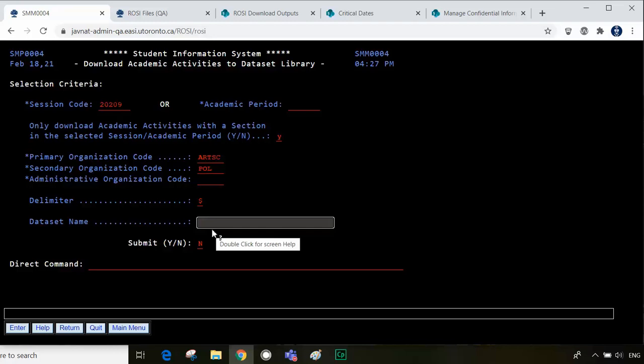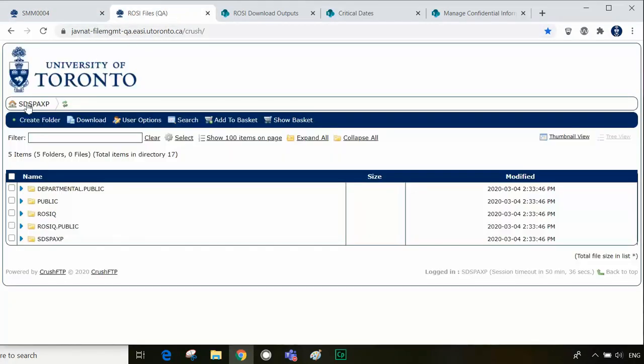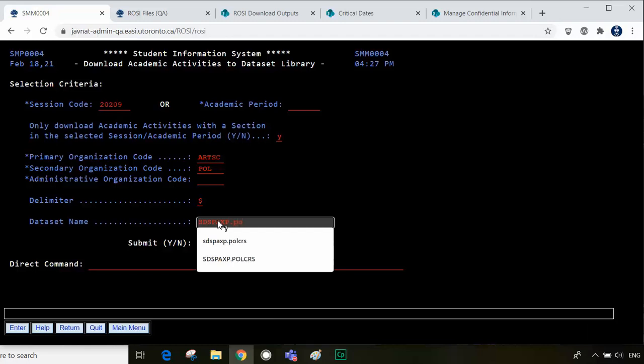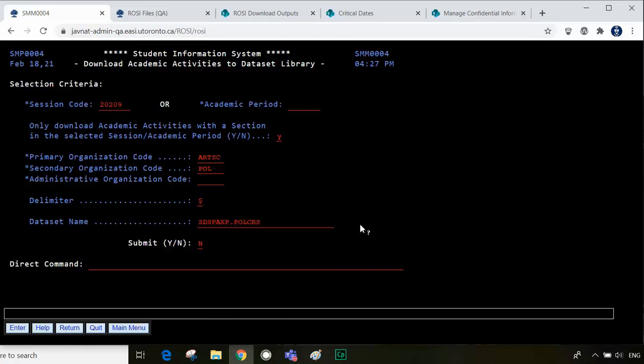The dataset name field is also very important, and there are some rules to follow. First, it will always start with your ROSI ID, so ROSI can direct your files to your ROSI Files account. Right after your ROSI ID, you need to type a period to put in the next branch. Then, you need to type a dataset name to identify the file for yourself. It can only be letters and numbers, but it cannot start with a number and cannot be anything longer than 8 characters between each period. You cannot have more than 25 characters overall.